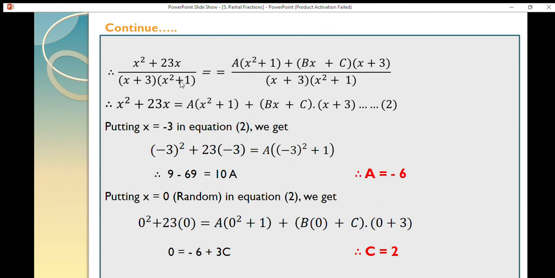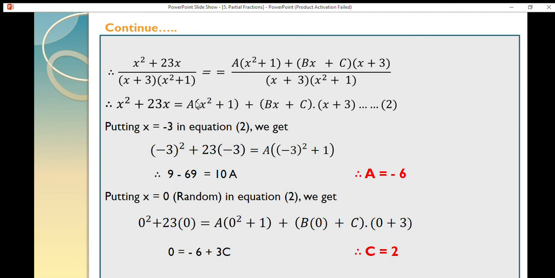So now after that, see the denominator is the same, so we have to cancel it out. This step you have to do in every case, cancellation of denominator. You compulsorily have to get it the same and cancel it. Then only we can equate the numerator there. So the numerator we can equate this way. Now mark this as equation number 2.